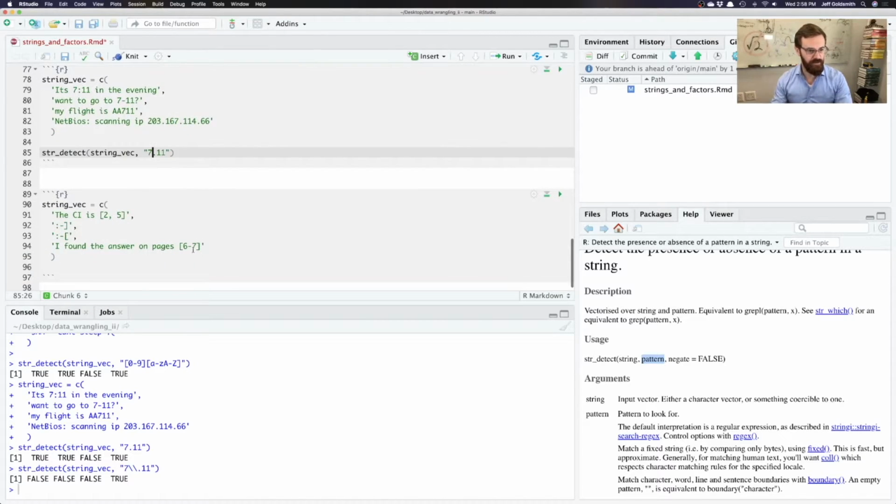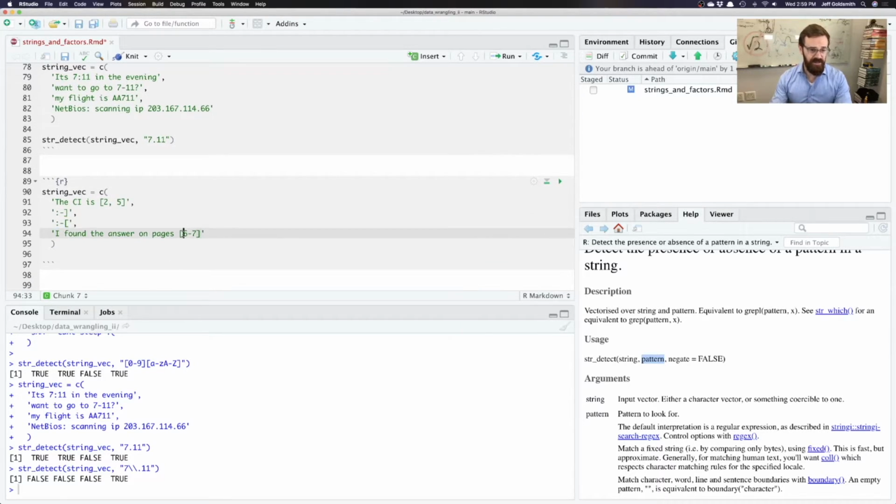So let's take a look at another example of how this works. There are a variety of things that are interpreted as special characters here. So I've got in my new string, the confidence interval is bracket 2 to 5. I've got sort of a happy face and a frowny face, and then I found the answer on pages 6 to 7. So again, these square brackets and things like parentheses, things like slash, other sorts of things like that